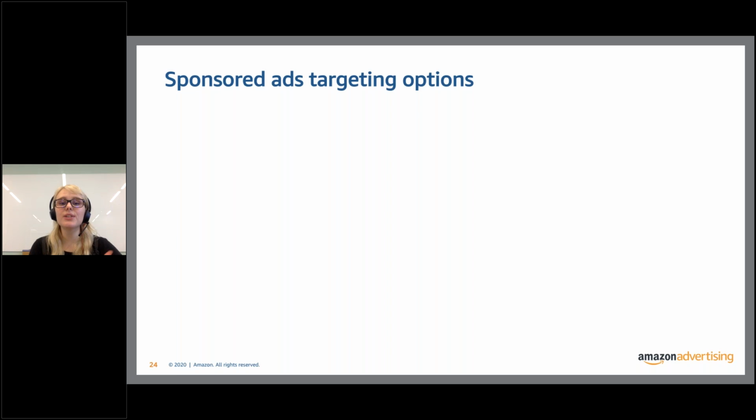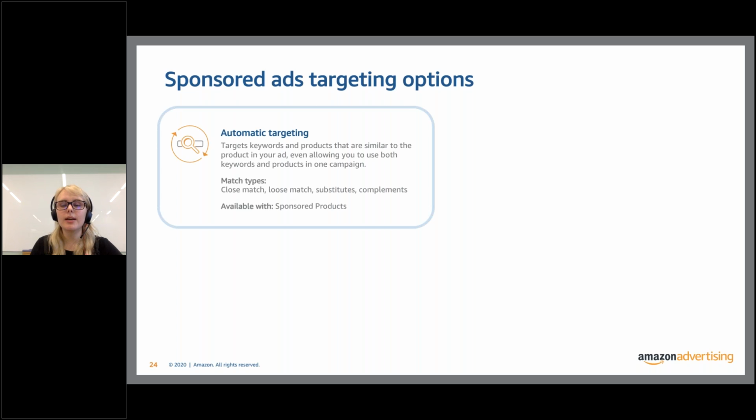And then there are different targeting options available for sponsored ads. So I'm just going to talk through these quickly. Just a note that sponsored display has slightly different targeting capabilities than what I'm going to talk through just now. And if you're interested in sponsored display, we do have a whole separate webinar on that I'd recommend you take. So you have 3 ways to target your sponsored ads campaigns, depending on which type you're using. So with sponsored products campaigns, you can leverage automatic or manual targeting,